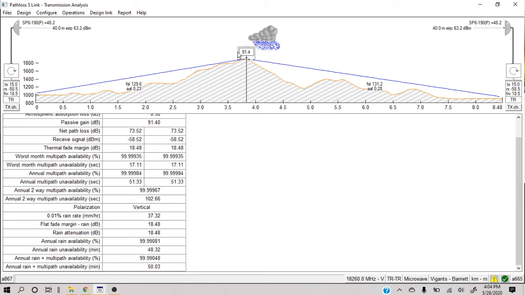And one thing is how to decide whether to go for a passive reflector or a back-to-back antenna. You should have some local knowledge for that. The people of the area can guide you better about how much rain there is, if there is snow, or what kind of area it is. Because if the area is too windy, then a passive reflector becomes a barrier to the wind as well. So if there is any storm or gusty weather, the chance that the reflector will go down is much more than for the antenna to go down,